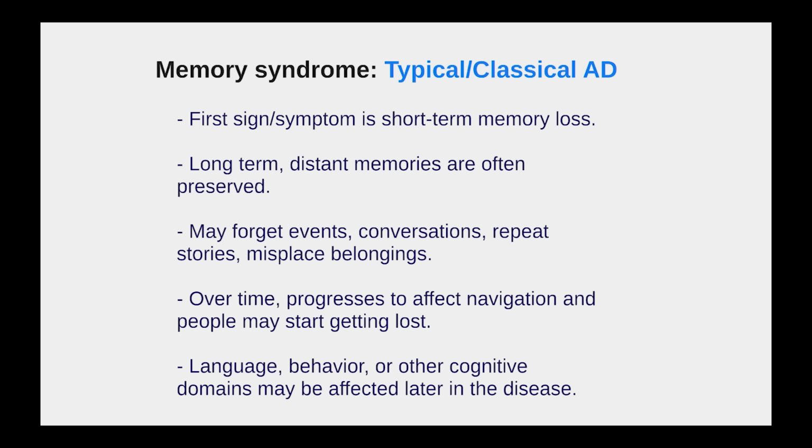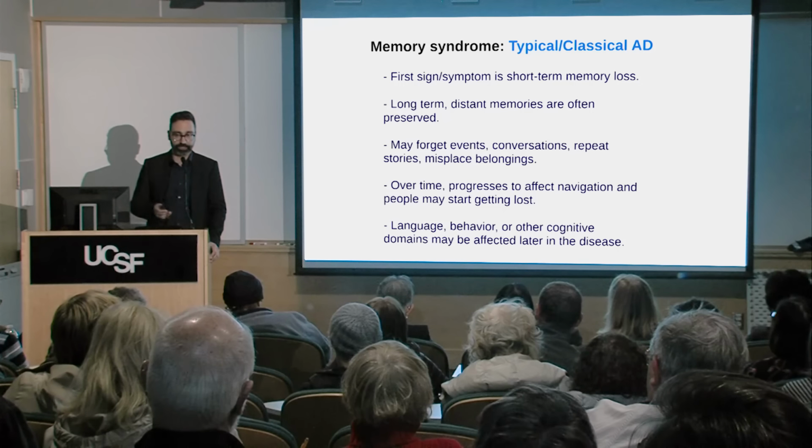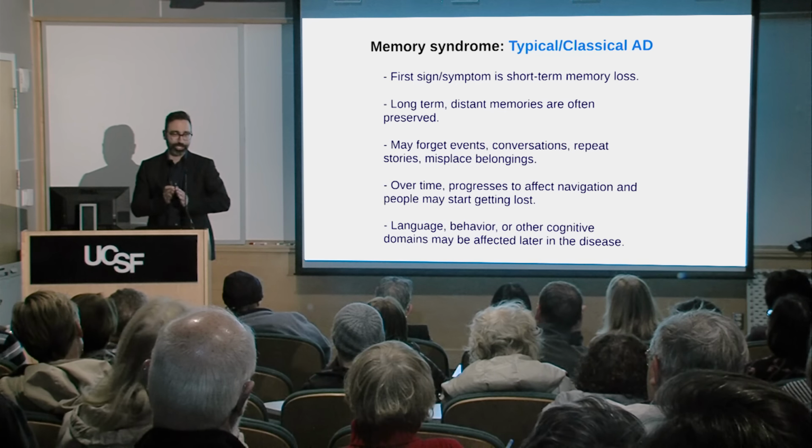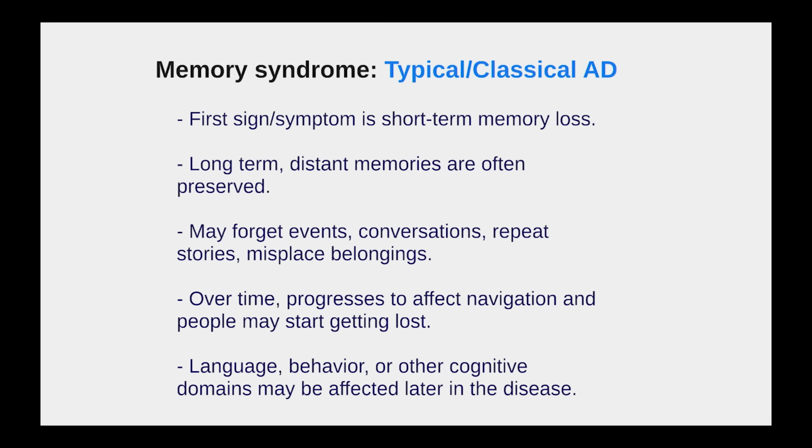Typically, the memories for things that occurred a long time ago remain preserved, sometimes even to a later stage of the disease. However, we do know that the past can start marching backwards, in the sense that people start recalling more vividly things progressively from earlier and earlier periods of their lives. In fact, some patients, as they progress, might start recalling very vivid memories from when they were at school or children, etc.